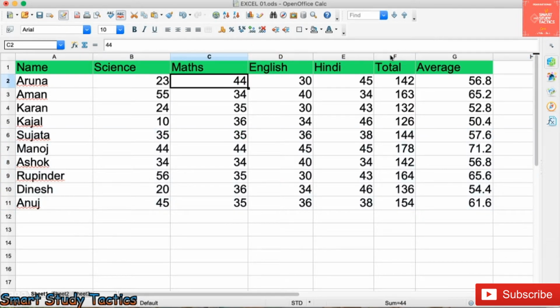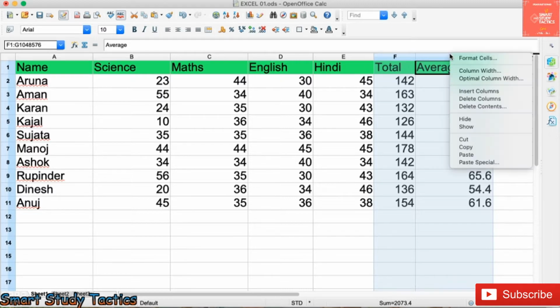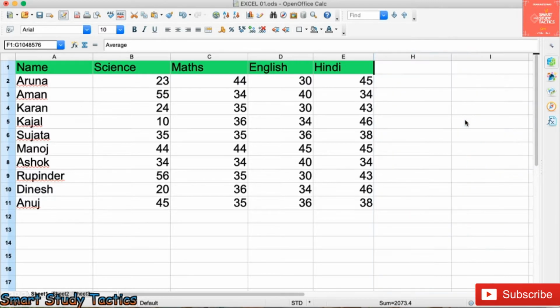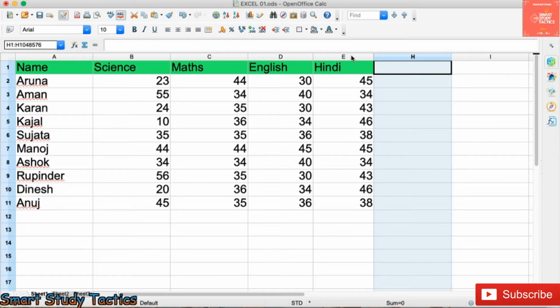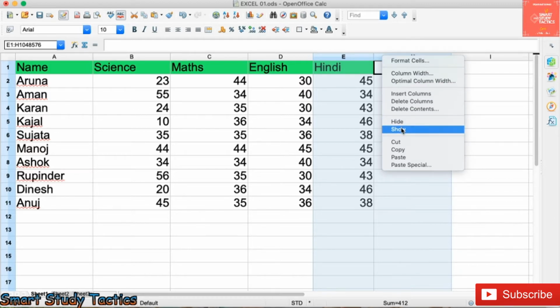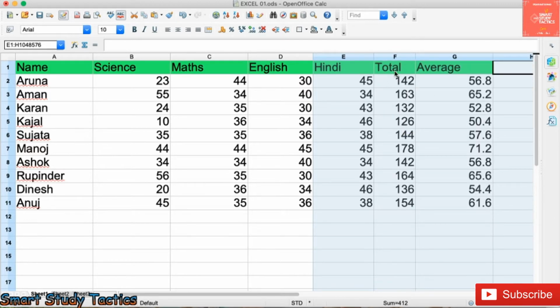Another alternate method: select the columns which you want to hide, right click and hide. And again right click and show, you can show them. But here you can see one thing, E or J. Just now I clicked on show, but it is not showing. You have to select both of these columns, right click and then show. Whatever the rest of the data between them is, now it is going to appear.